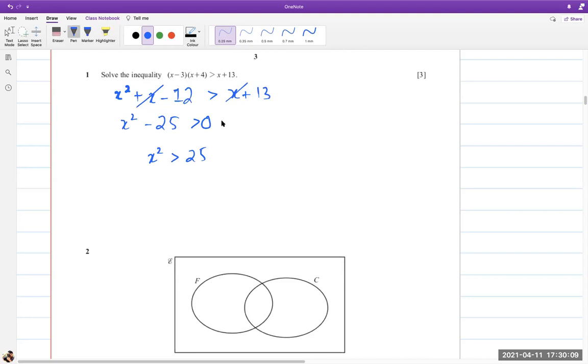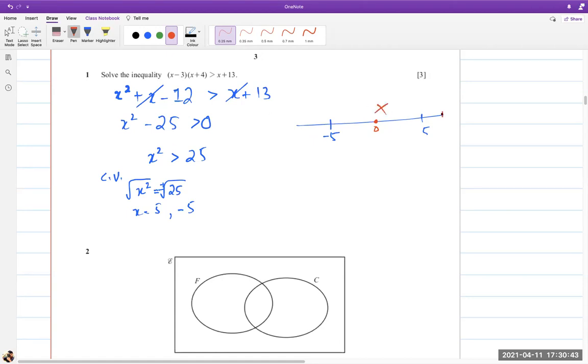Now, a common thing that many students might do is take the square root. But you have to understand that you are only going to find critical values using square root. So if you do square root, then you will get plus and minus, x equal to 5 and x equal to minus 5, and that's not your answer, that is your critical values. So on the number line you have two things, 5 and minus 5. Now if I pick a value between 5 and minus 5, let's suppose 0, then 0 squared minus 25 is not greater than 0, right? So this value will not work here.